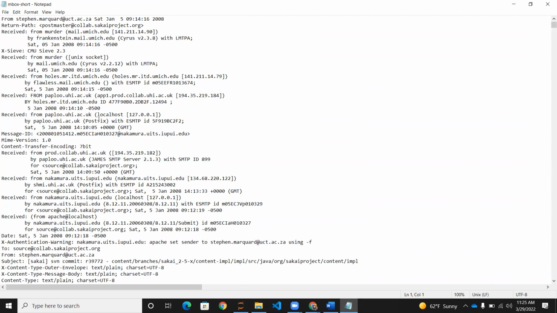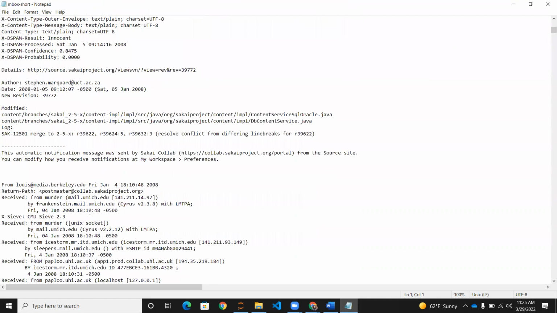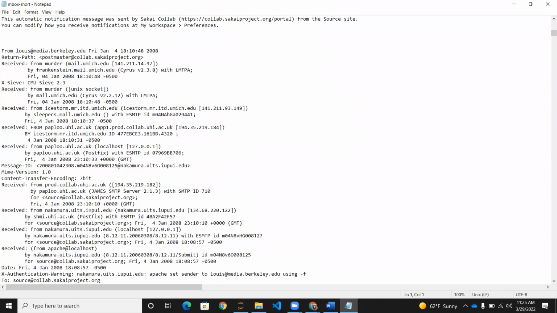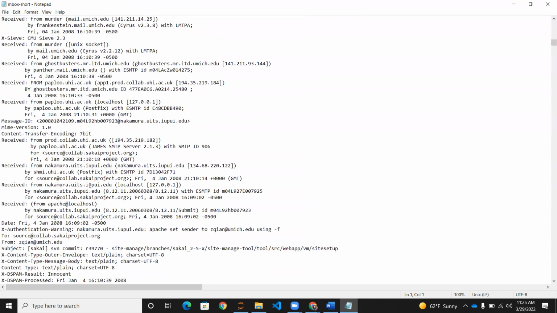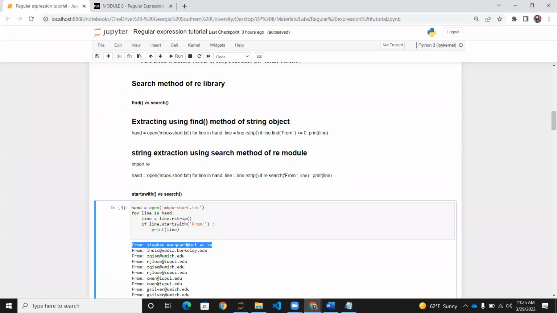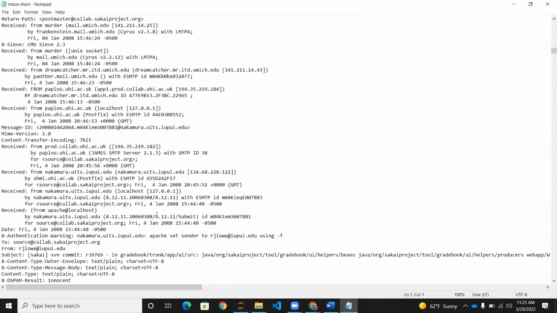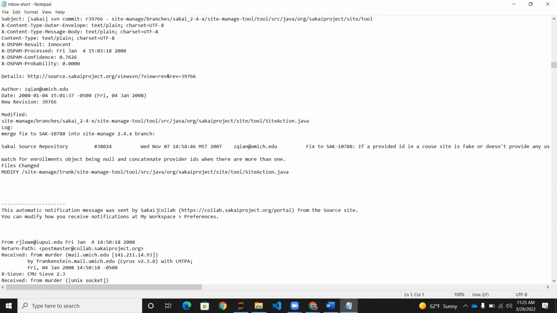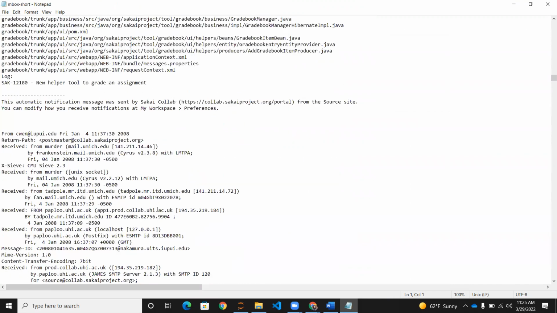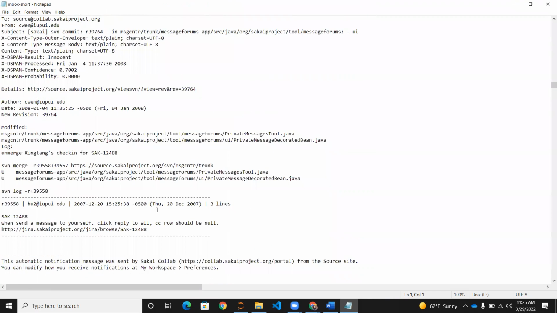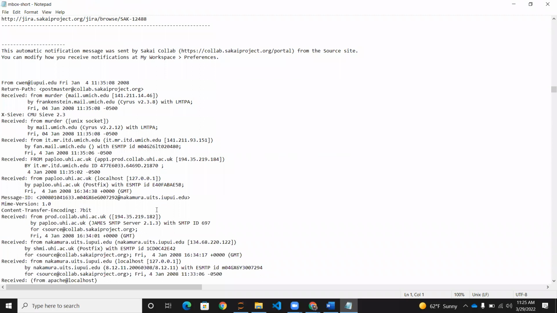In that file, I just want to extract wherever I see "From:" and the email address. If I go through that, you can see where I see this From email address. Let me explain. Let me go through the "From" with uppercase F, and the colon should be there in the file. Let's just do regular scanning. Just go through that and see where we have this. Do we have that "From:" and the email address? If you do a regular scanning,